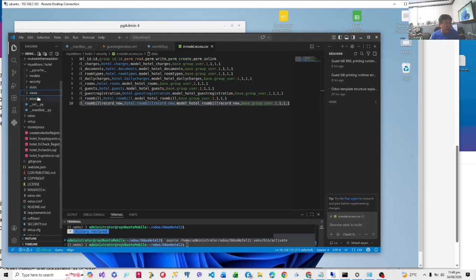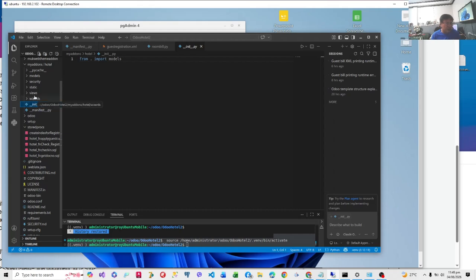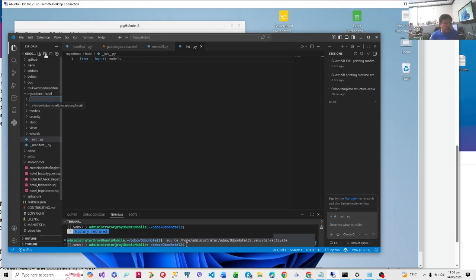In here, we have already created our wizards and our transient models. We will create another folder for our reports, and then inside here, we will prepare our paper formats.